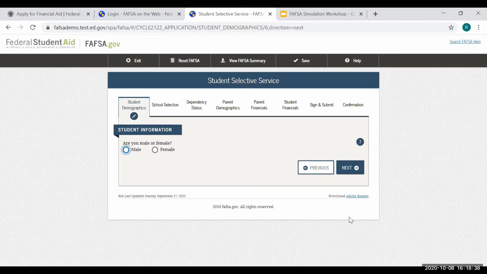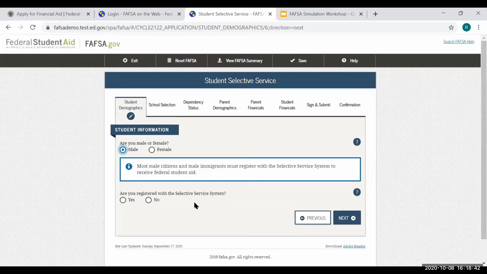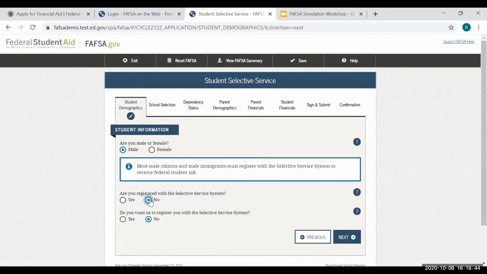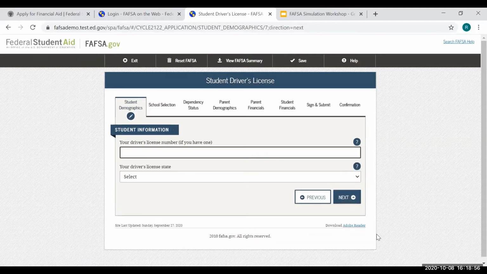For our purposes, the student is going to respond that they are male, and the student will respond that they have not registered with the Selective Service, and they are choosing to register for Selective Service through the online FAFSA application. You can then select next once you're ready to move forward. Students with a driver's license may now enter their driver's license number and state. In our example, the student does not have a driver's license, so they will simply skip these questions and select